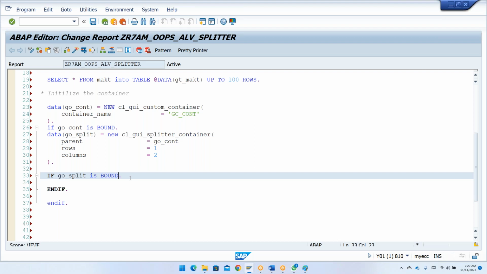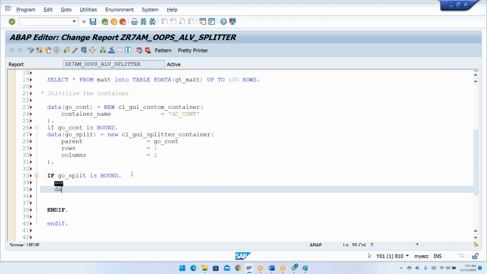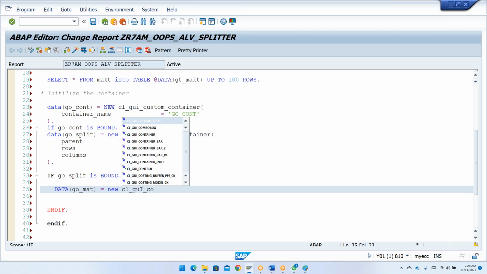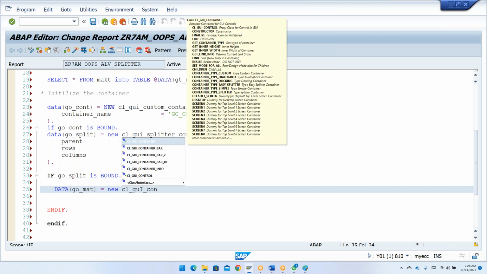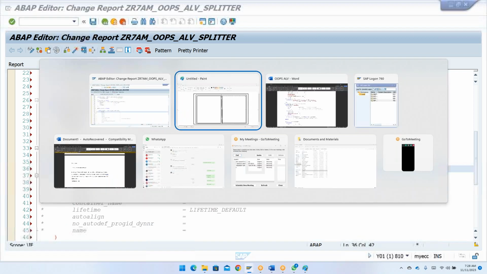So when we have done this, we need to write the first one: data geo_material is equal to new cl_gui_container. I'm just going to write my cl_gui_container. So here you need to provide,